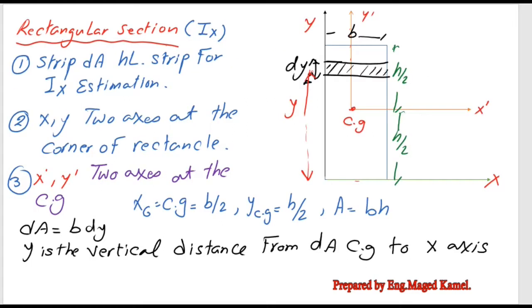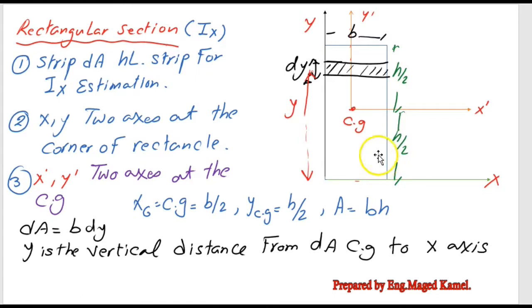First step, we are going to get the moment of inertia Ix. We have two external axes, namely x and y. We are going to draw our rectangular section. The bottom left edge of the rectangular section coincides with the intersection of x and y. We have b as breadth and h as height. Then we have the CG, which we know lies on the horizontal distance equal to b over 2, the vertical distance equal to h over 2, since h is the overall height of the rectangular section.